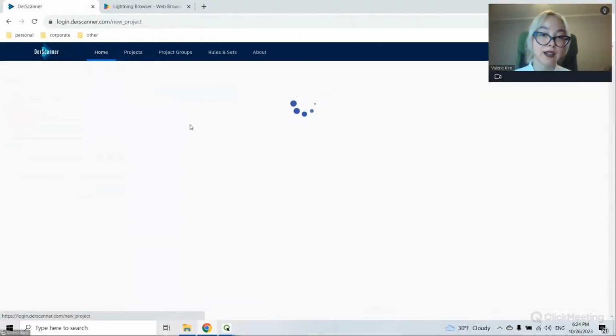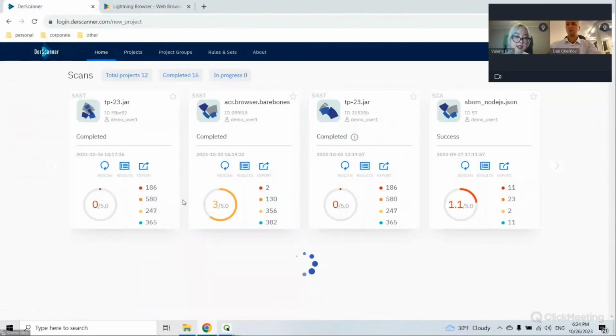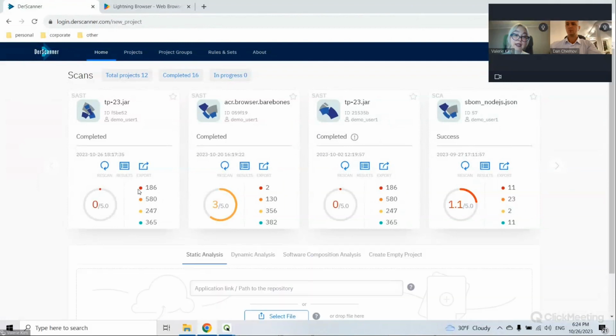Let's see how the scan is going. And it's already scanned, produced the same results. Who would have guessed? And to quickly wrap it up,